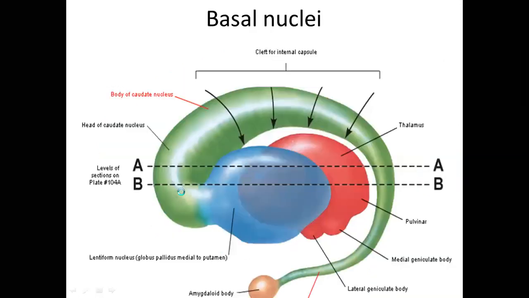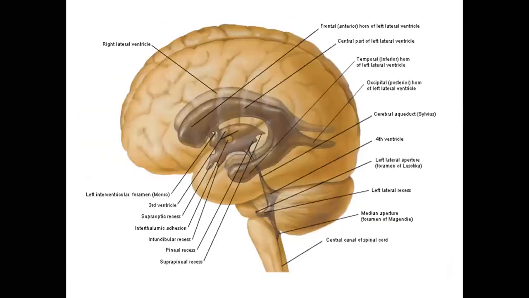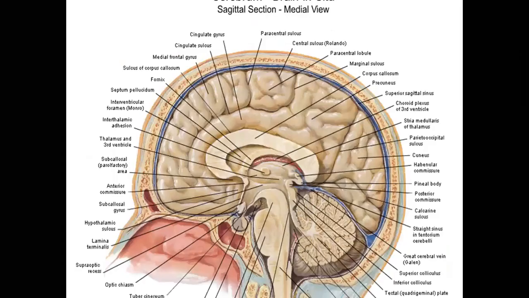For that, again you have to go to the diagram related to the lateral ventricle. See this one, this is the thalamus. The anterior end of the thalamus forms the boundary of the interventricular foramen. This is the anterior end. The posterior end is related to the pulvinar, which I'll also explain. The superior surface, see, this is the superior surface, is related to the floor of the lateral ventricle.